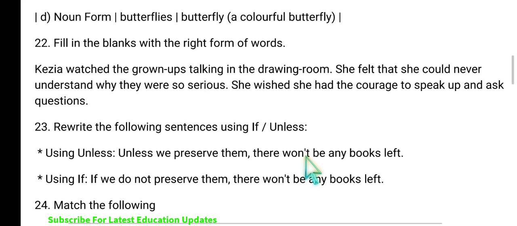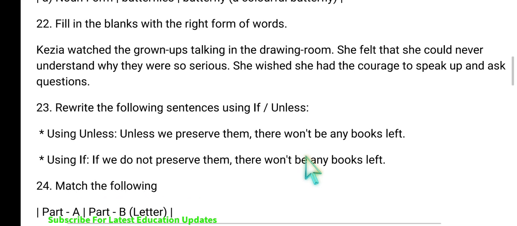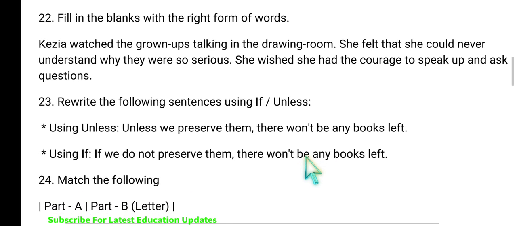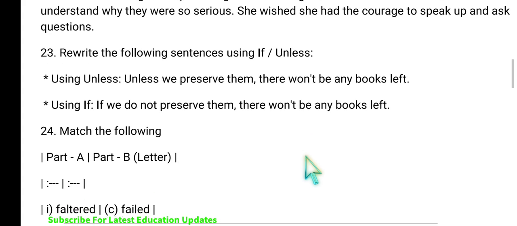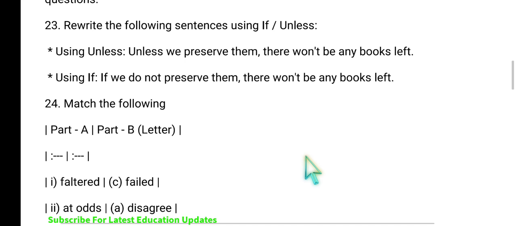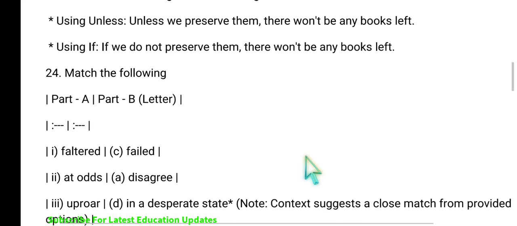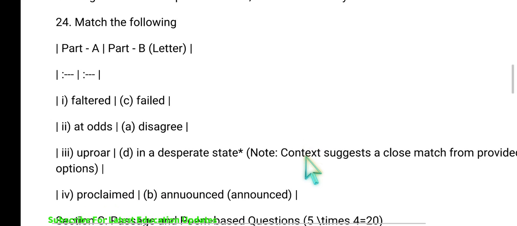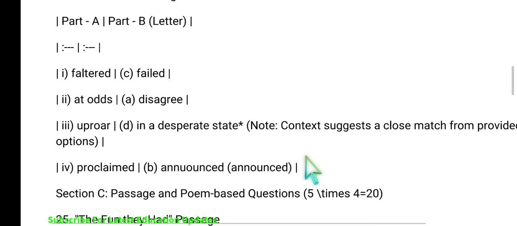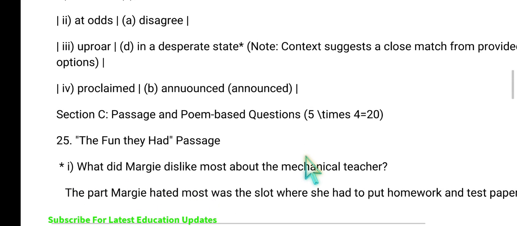23 is: unless we preserve them, there won't be any books left. If we don't preserve them, there won't be any books left. Both are possible. And 24 is matching. So faltered means failed, at odds means disagree, uproar means in a desperate state, proclaimed means announced. Then section C,